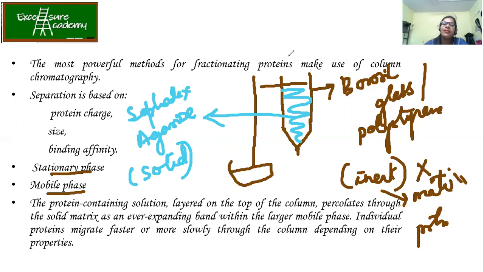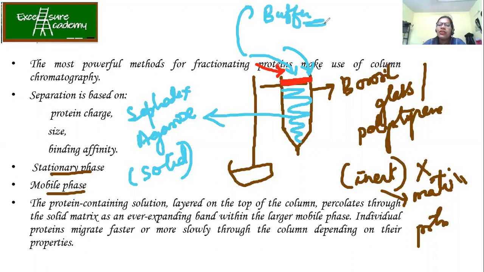Take that protein solution and add it over here. With the help of a pipette you are going to add it, and it has to be done very nicely so that it is present uniformly on the top. Then on the top you start adding the buffer. This buffer is going to be the same one in which you have dialyzed your protein. Remember, you cannot just change the buffer anytime. Always keep the same buffer, the one against which you have dialyzed your protein. Same buffer you will be taking once this protein starts going inside.